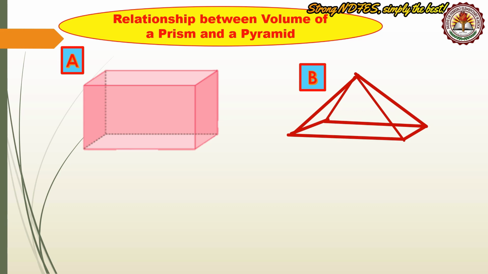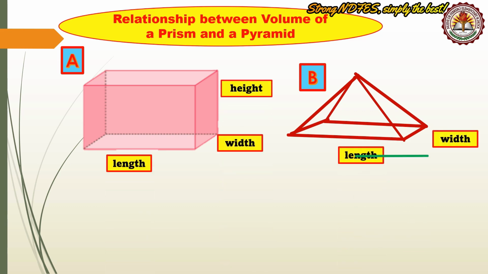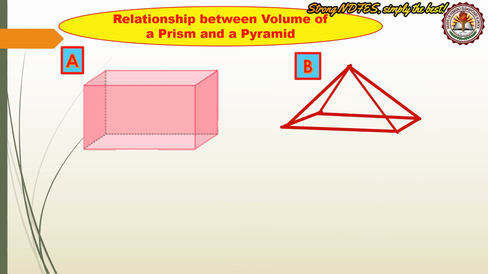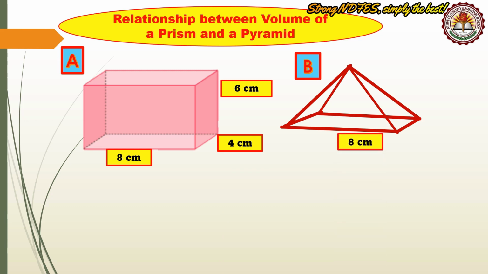These two solid figures have 3 dimensions. These are the length, the width, and the height. Let us have the dimensions of the rectangular prism. The length is 8 centimeters, the width is 4 centimeters, and the height is 6 centimeters. Now let us put the same measure with the rectangular pyramid. The length is 8 centimeters, the width is 4 centimeters, and